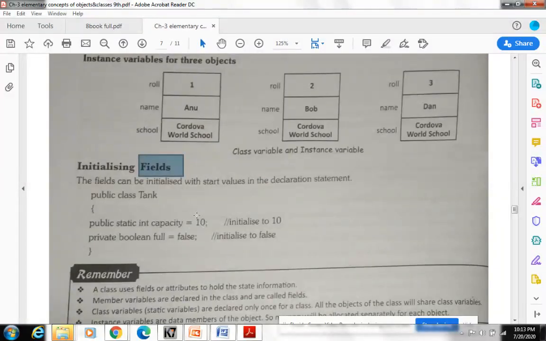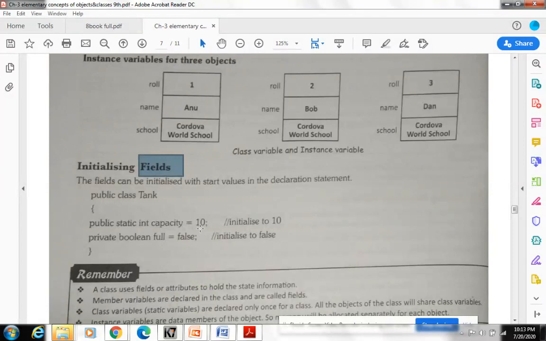Now, if we want to initialize the value, we use the equal to sign to give the value to the variable. Here in this line, public static int capacity. Capacity here is a variable. It is of type int, and it is a static variable. That means it is a fixed variable of the class. And we are initializing the value 10 to the capacity.